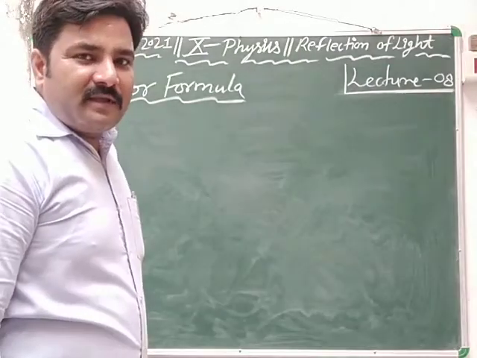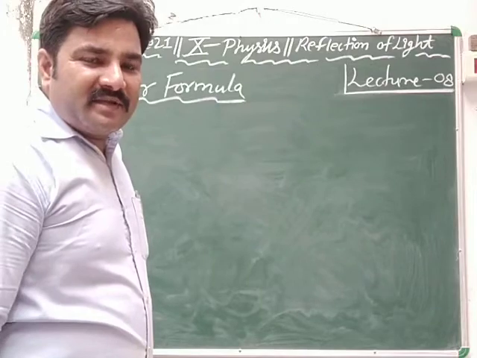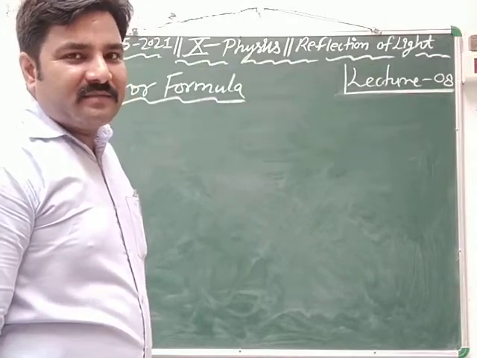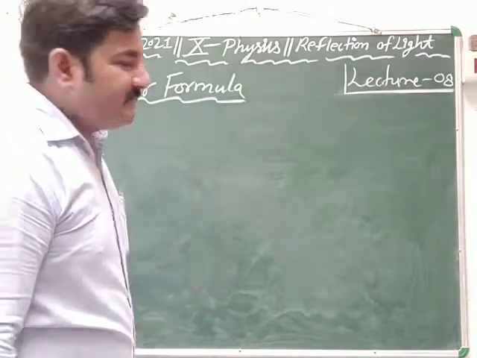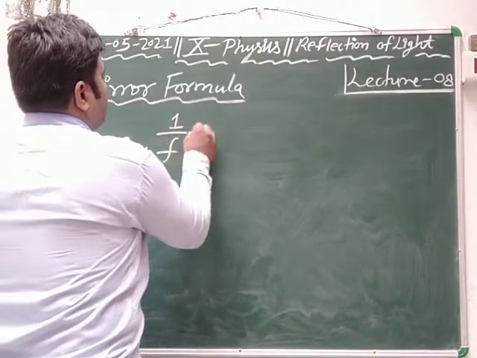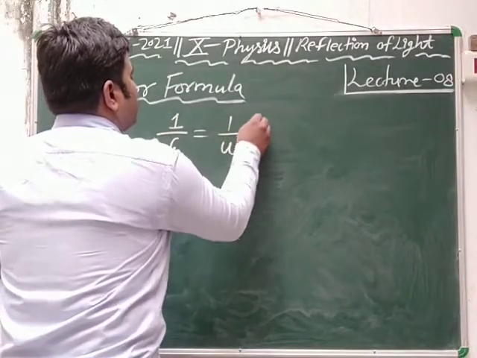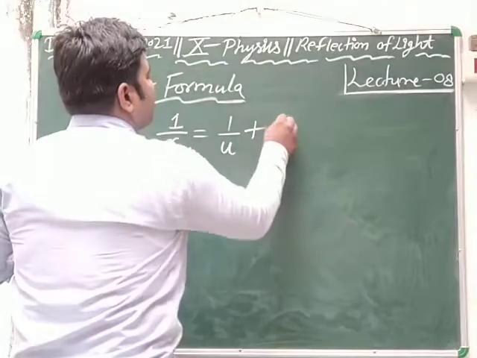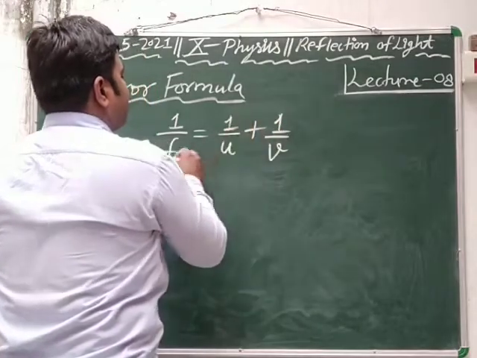Any one mirror, whenever a numerical is based on either convex or concave mirror, then we can apply this formula. This is the very simple and important formula. 1 upon F is equal to what? 1 upon U plus 1 upon V, where